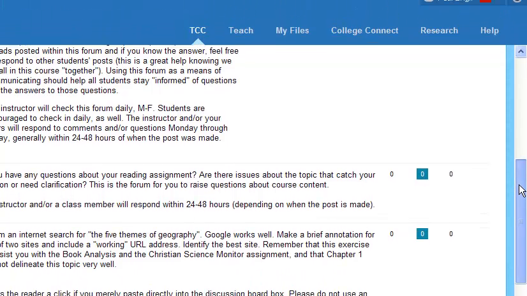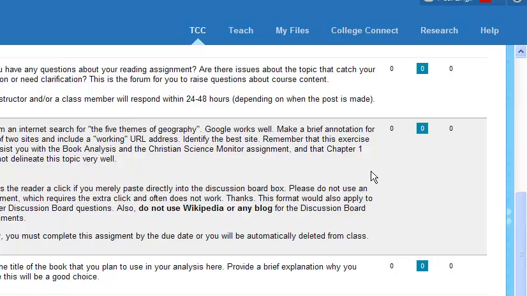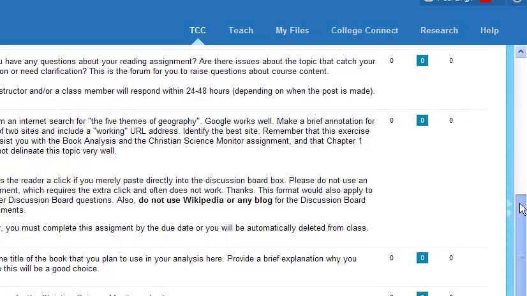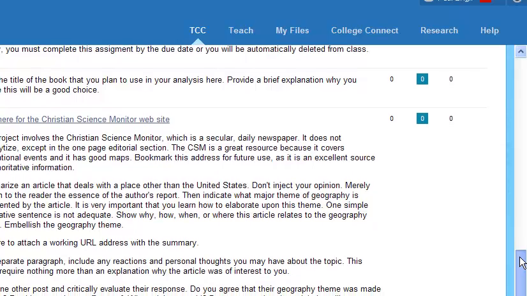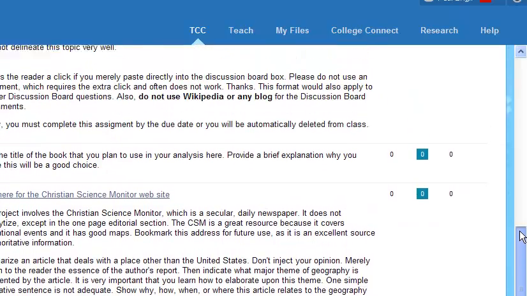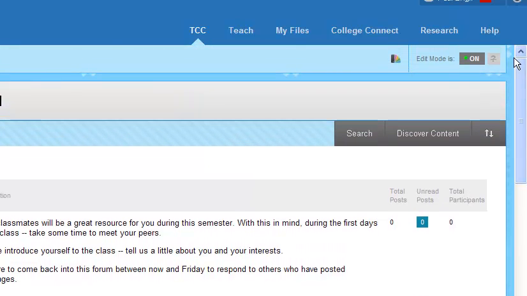The next item is the 5 themes of geography. So this gives you information about what the assignment is, and this is where you would post it. And further down we see the title for the book analysis in the Christian Science Monitor and the Rice to Riches PowerPoint. So let me scroll back up to the top. So the discussion board, that's pretty basic information there. You've probably seen it before.